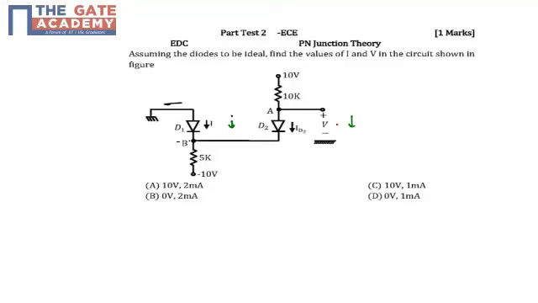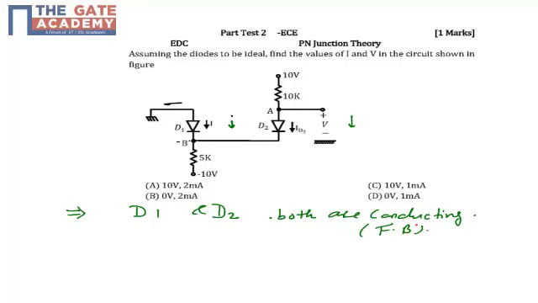So let us make an assumption that diodes D1 and D2 both are conducting, meaning to say that both are forward biased.